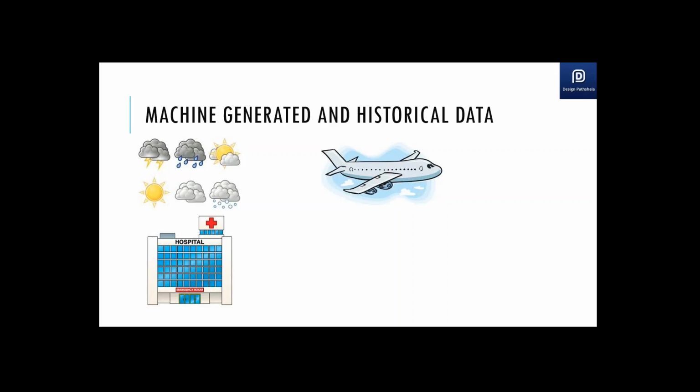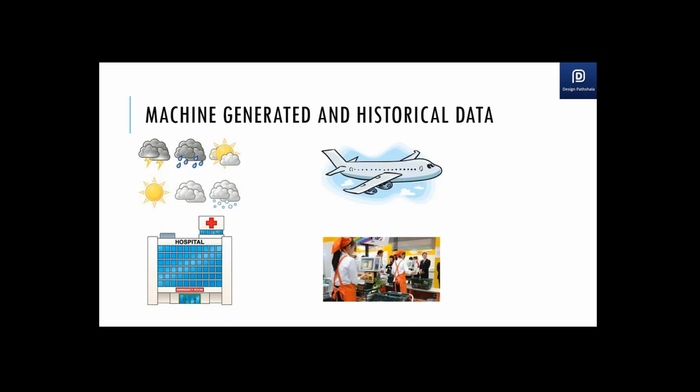Hospitals are again generating an enormous amount of data, not only from machines, but from doctors, from researchers and different things. So they're using the data to predict the diseases which can happen to you, based on your genetic history and things like that. Pretty interesting.